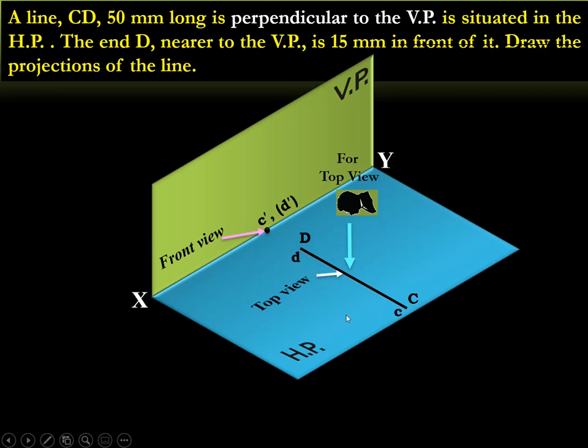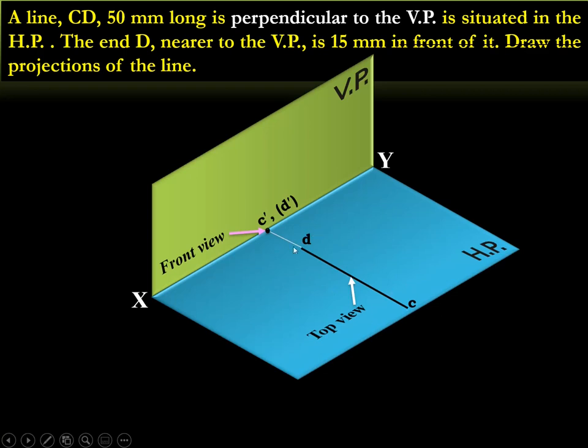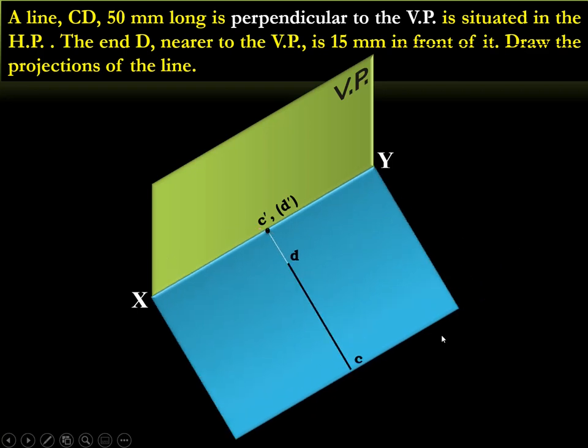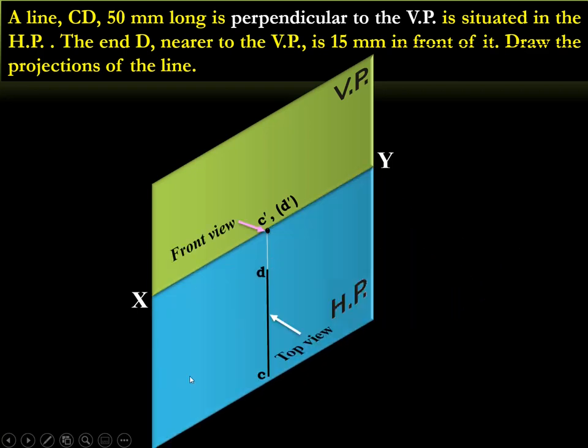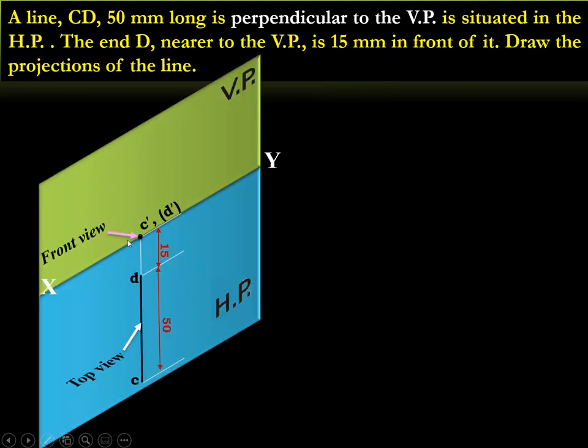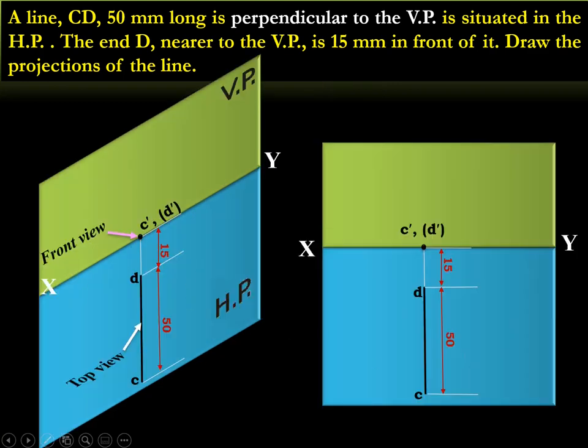After obtaining the top view on the horizontal plane, we need to rotate the horizontal plane along with the top view line into 90° clockwise. Now we shall observe that the horizontal plane is opened out and occupy its orientation vertically below the vertical plane. We can also observe that the top view line CD becomes vertical. Now this will become the final solution and the final solution need to be drawn on a 2D plane or on a 2D paper like this along with the dimension lines.